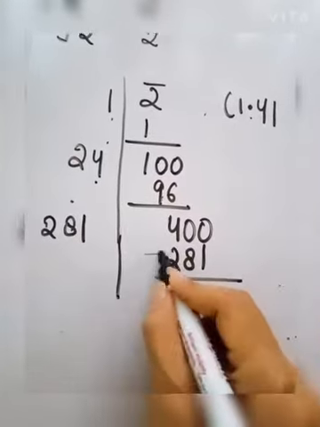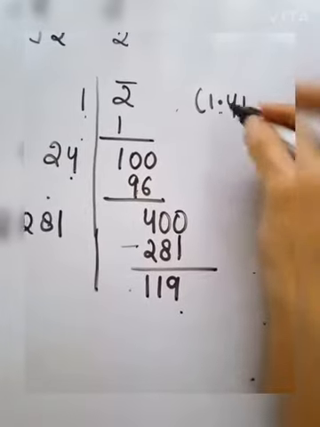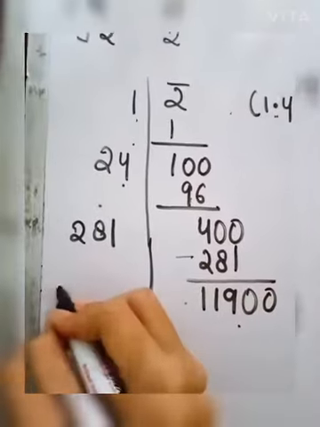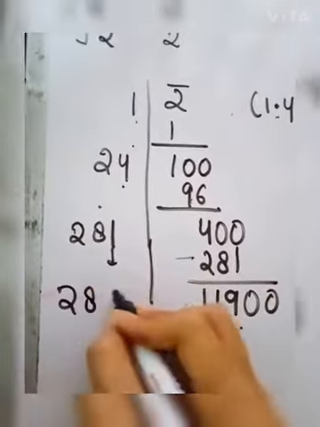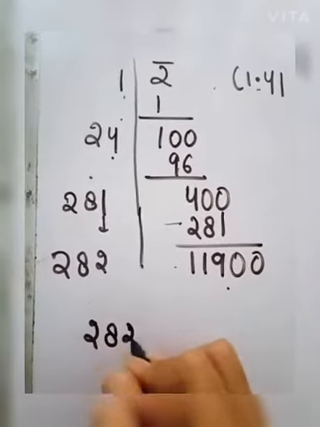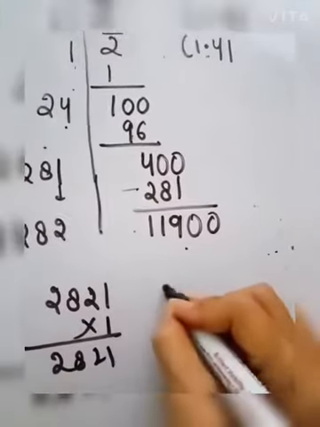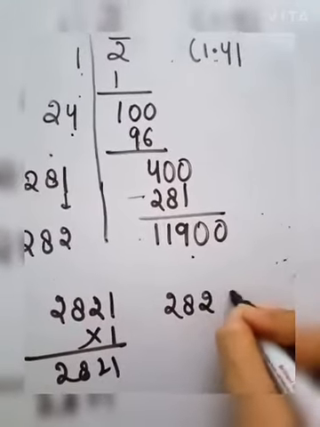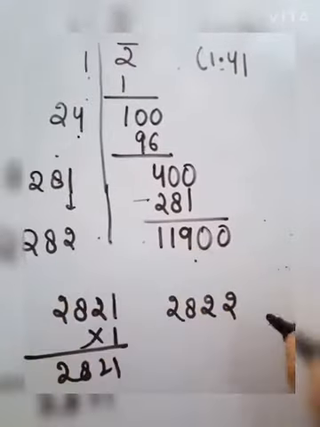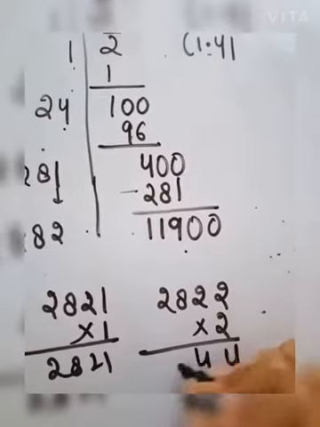After doing the minus, we got the remainder. Now it is still not 0, so we have a point here, put 2 more zeros. Do the double of this one, it will be 282. Now see, what number will we put after it? It will be 2821. If we put 2 after it, we will multiply it by 2. 2 2s are 4, 4 16.